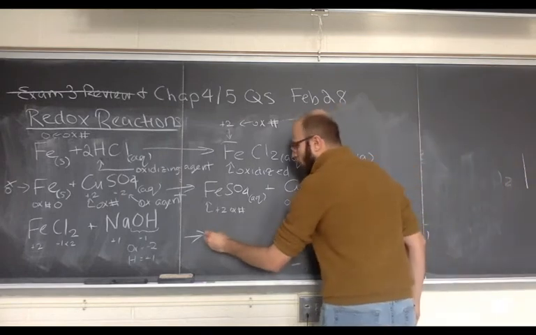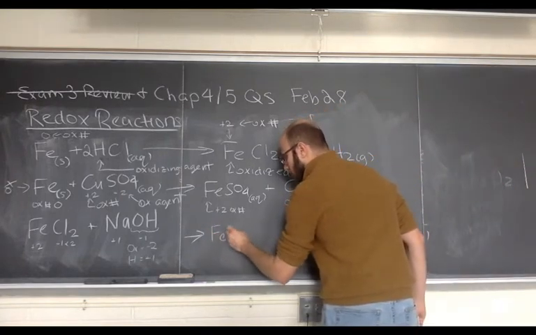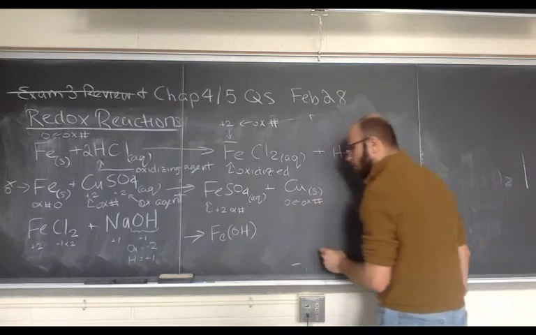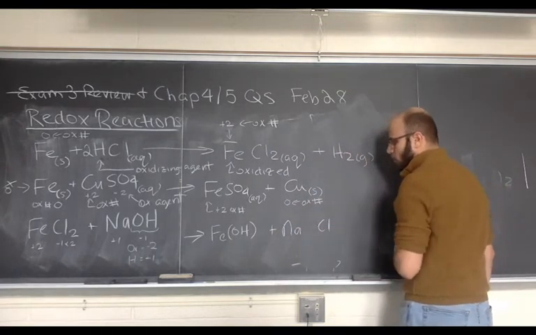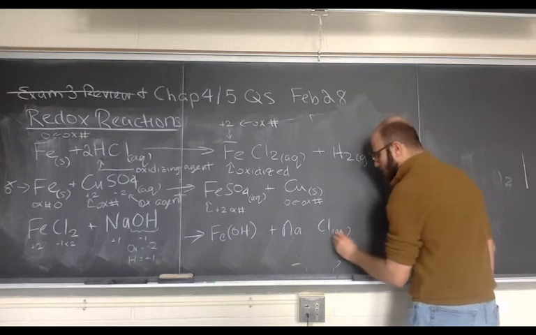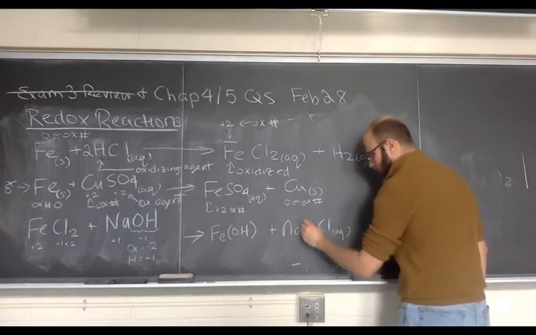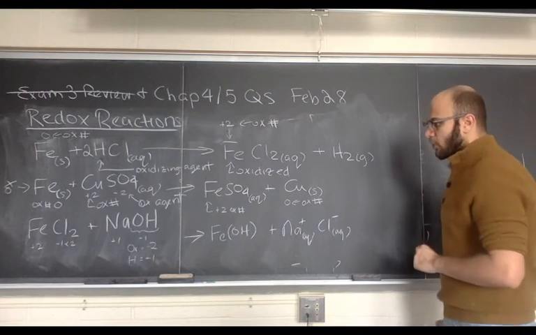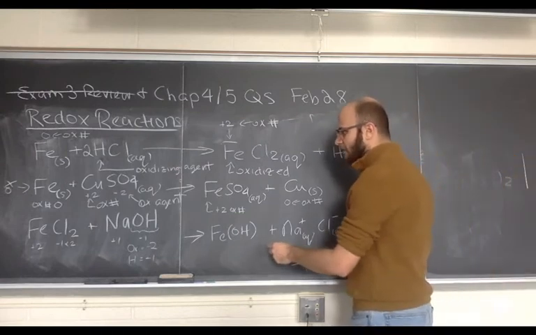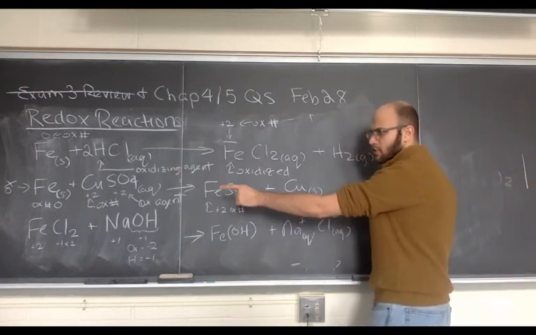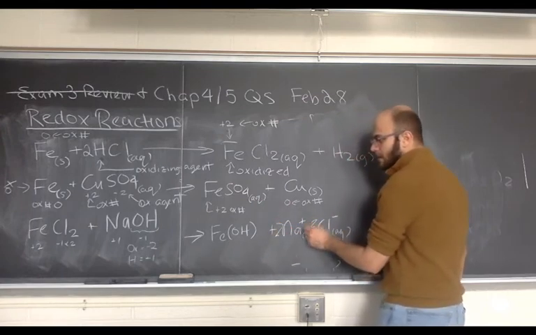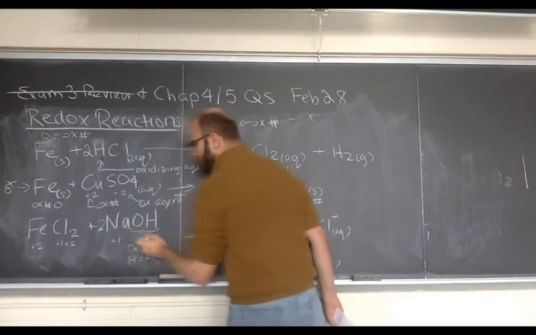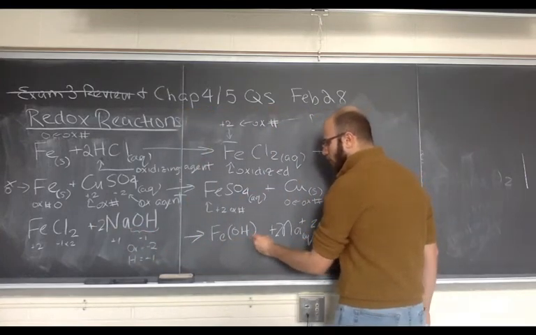And so, for example, we're going to get out an iron hydroxide. We'll balance in just a moment. And then we'll get out, no surprise, our sodium chloride, which we know to be aqueous. So first we can see, right, we have 1 chlorine on the right and 2 on the left. So we'll add a 2 for each of these. And then if we add a 2 for the sodium, we can see we now have 2 hydroxides as well,